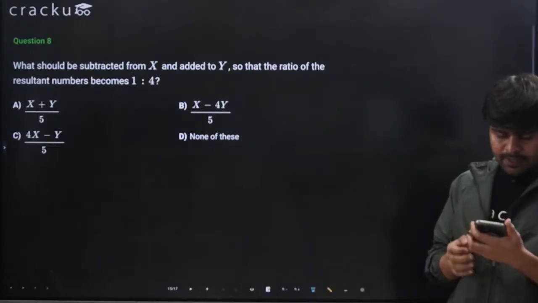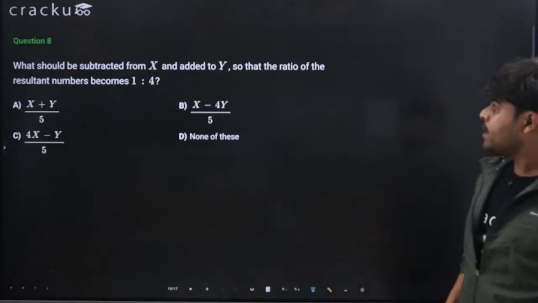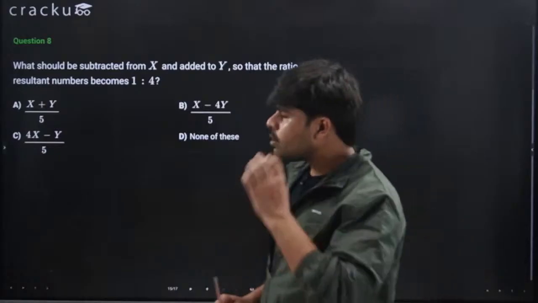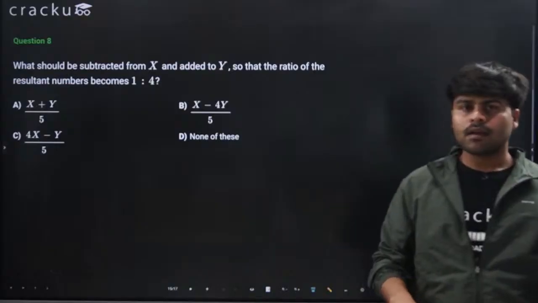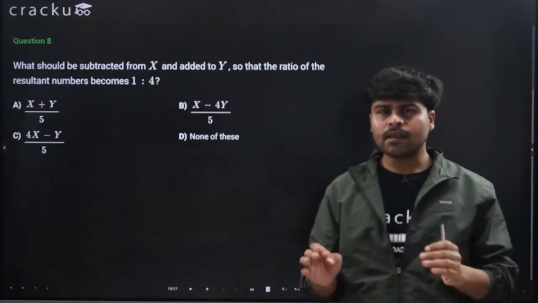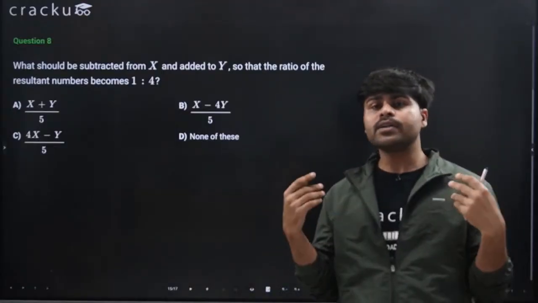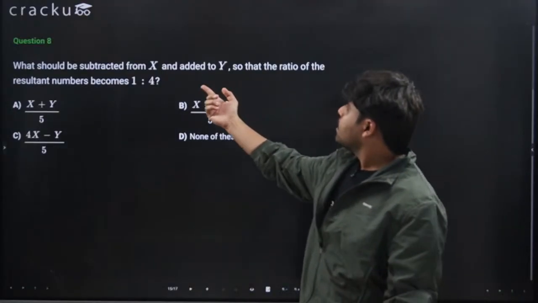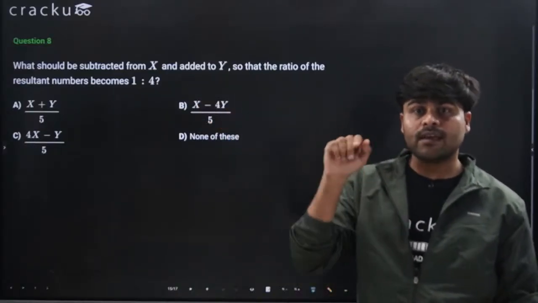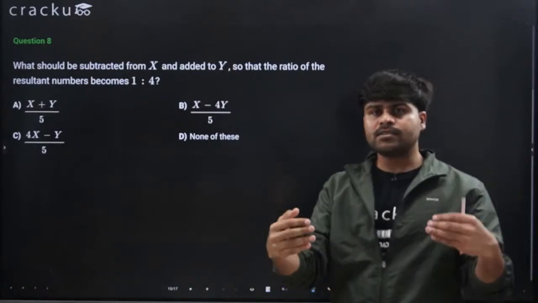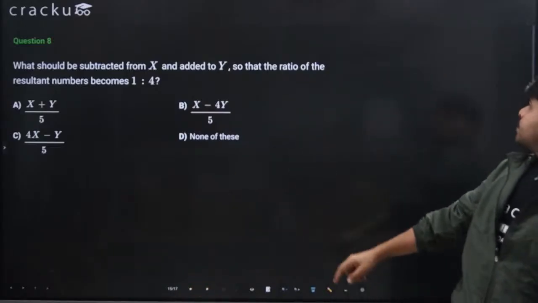Will people be able to answer it? Yes, Manu was able to answer it. 21 years is the correct answer, Manu. Congrats for getting it. This is slightly tricky, not very difficult. You should be able to get this. Again, use the simple principles, use ratios, use an unknown variable. Assume that the new thing that we are adding is x or a or b or k, whatever you want. Just assume it as some variable and try to find the value of it. You will be able to solve this.